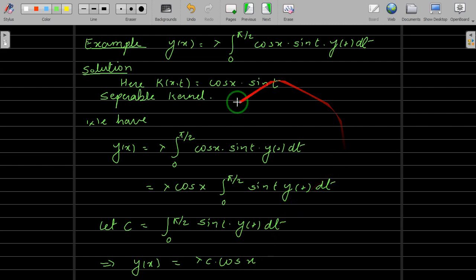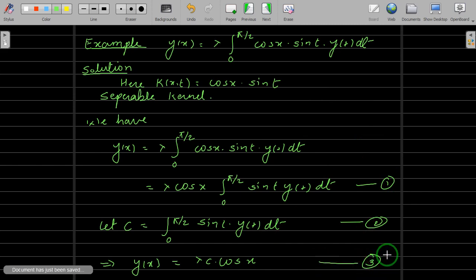If you want, you can write the equation numbers. Take this, which equation? Cos lambda. You take this as equation number 1, this c as equation number 2, and this as equation number 3. So now what you do is you take this c here and substitute this y in c, in equation 2. In short, you take equation 3 and put it in equation number 2.